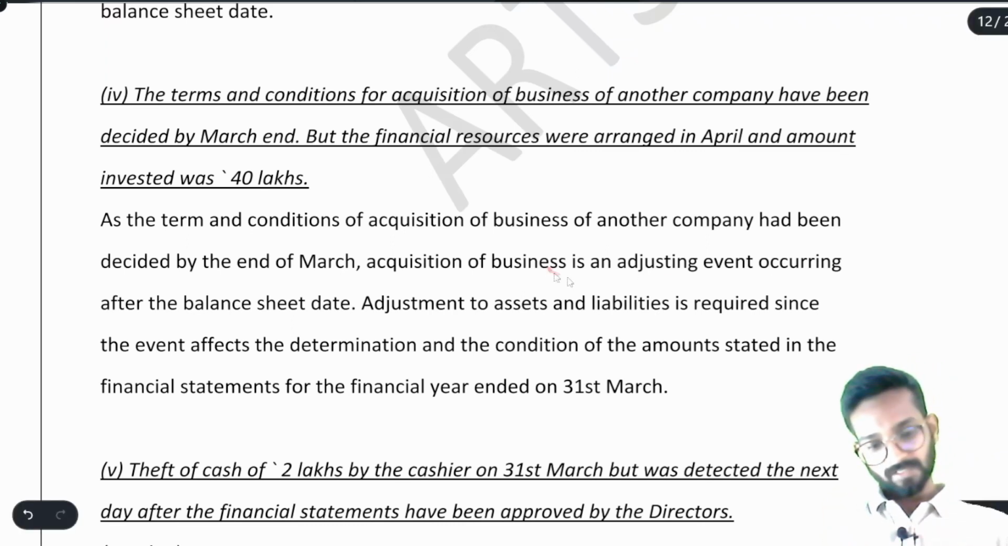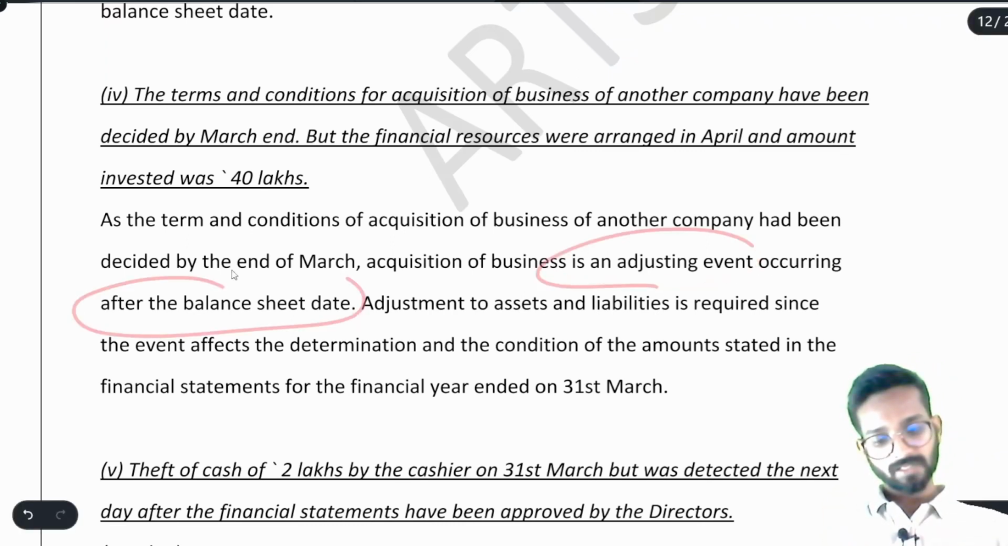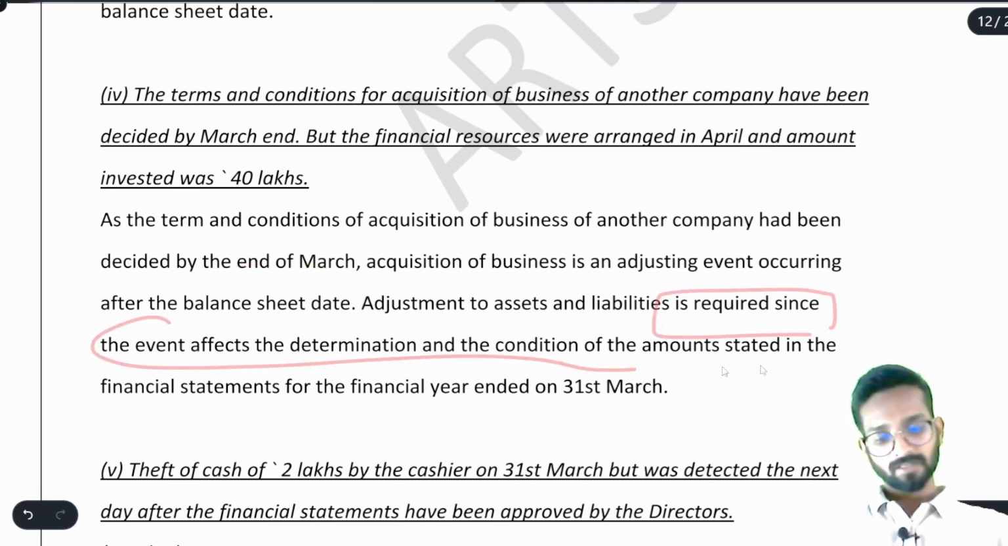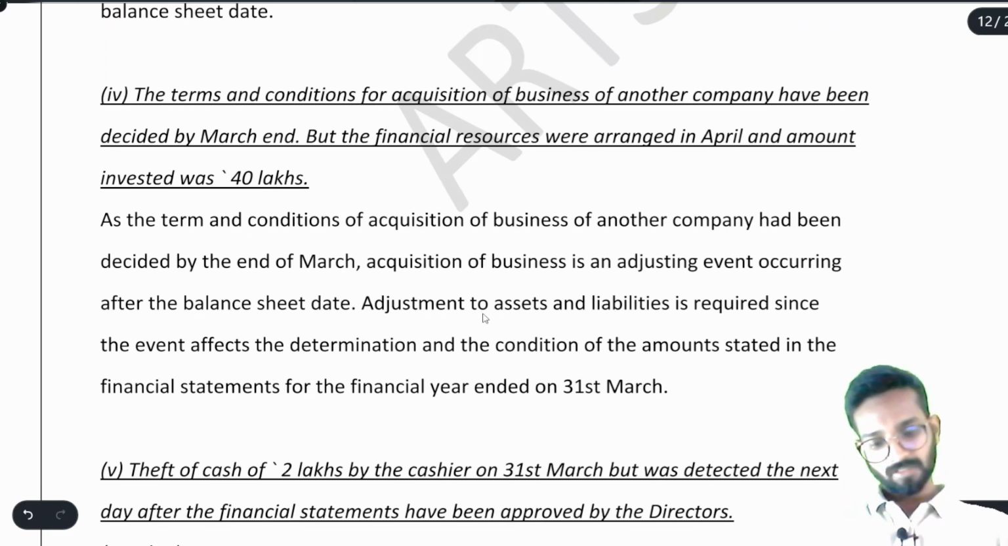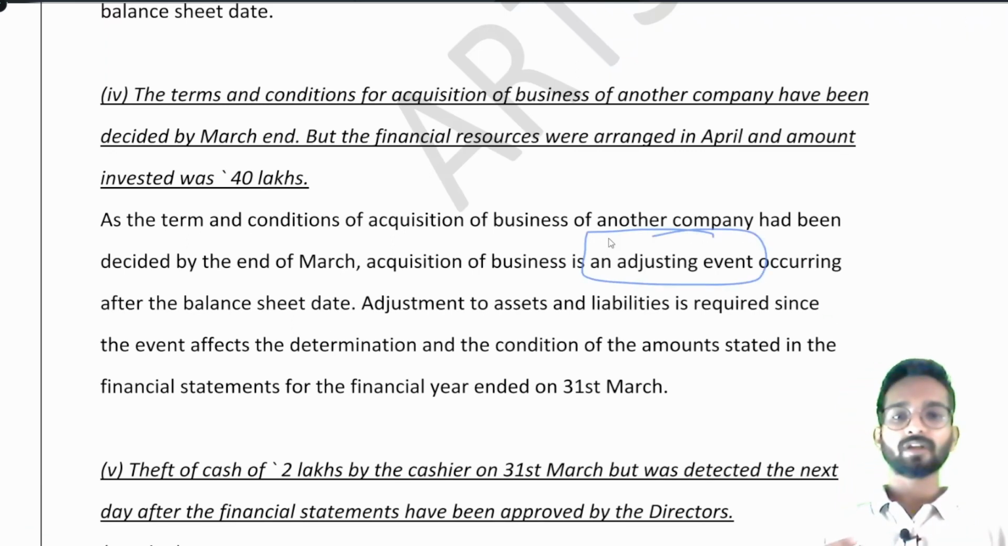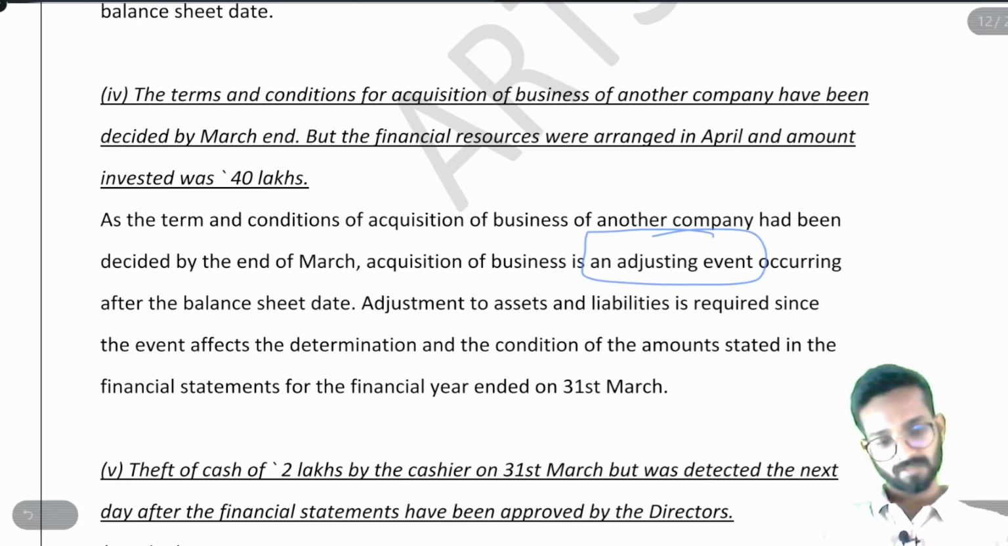Now, it is an adjusting event occurring after the balance sheet date. Adjustment to certain liability is required since the event happened. It is stated in the financial statement for the year ended 31st March. So you can say it is the adjusting event. It is an adjusting event because there were already conditions before 31st March. Now,